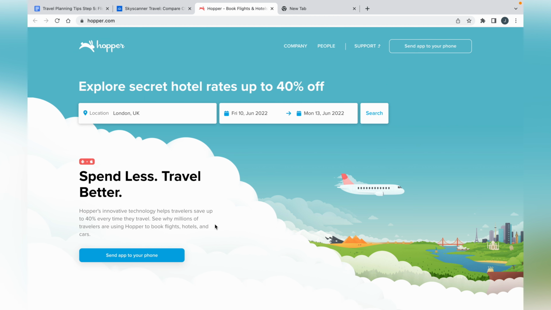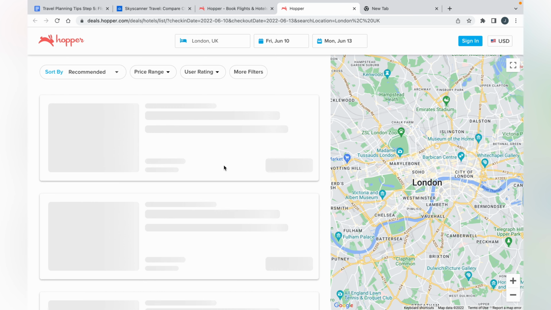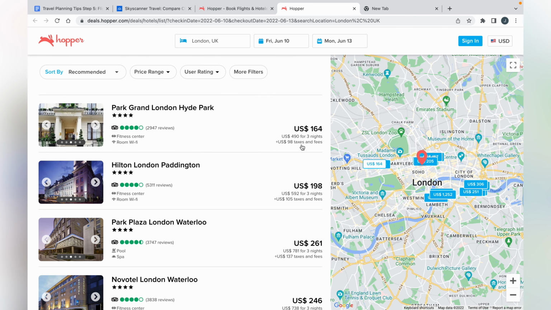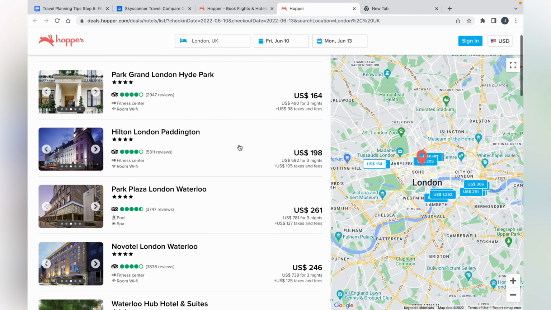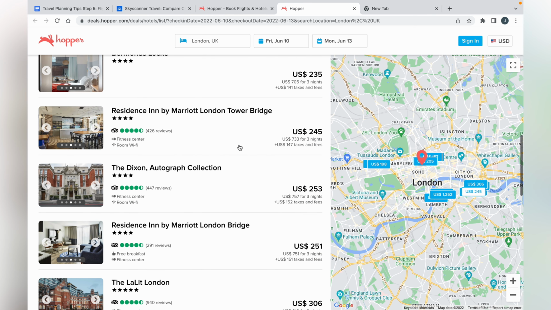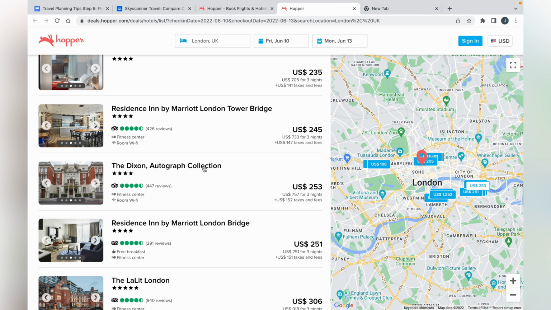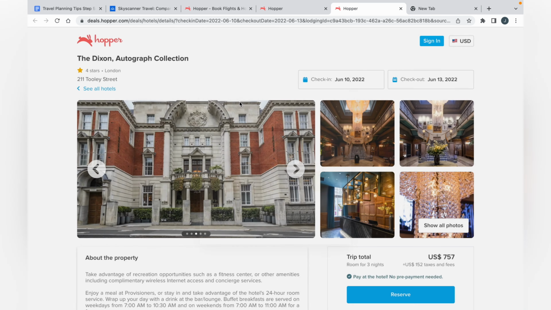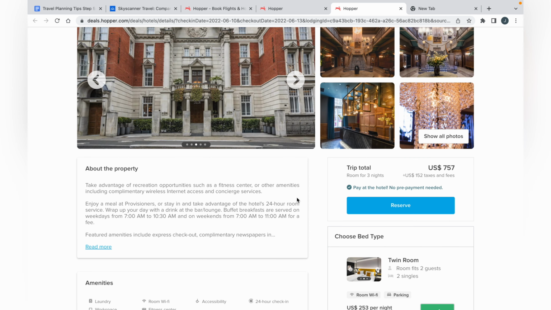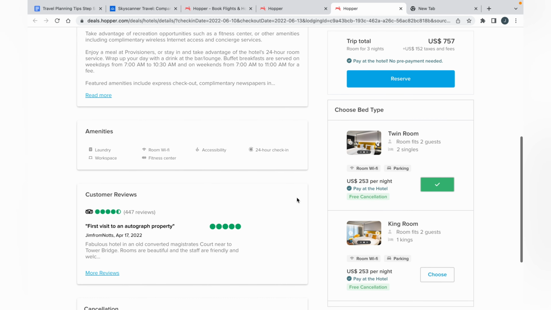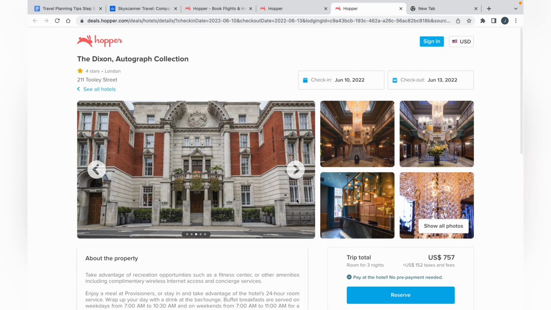I'm not that familiar with it, to be honest. We can go ahead and just try it out. I don't know how good the desktop version is versus the app that you can get on your phone. But looking on here, it looks like you can get some prices. All right, let's say you want to book here. Kind of looks very similar to